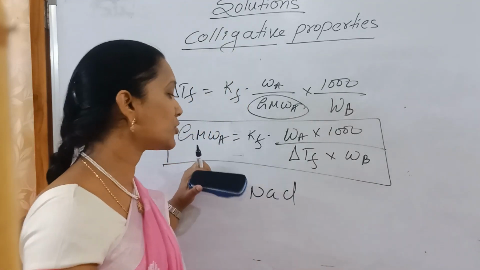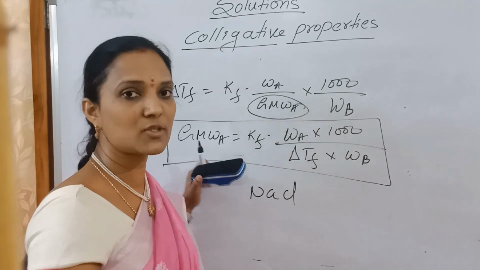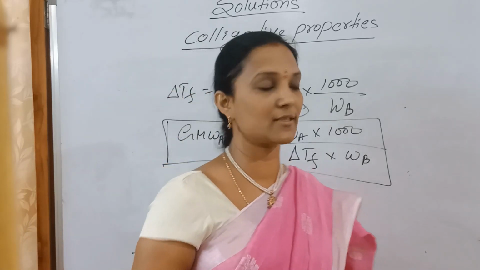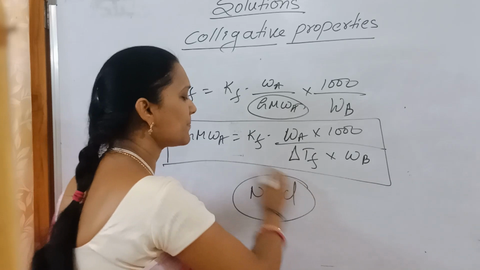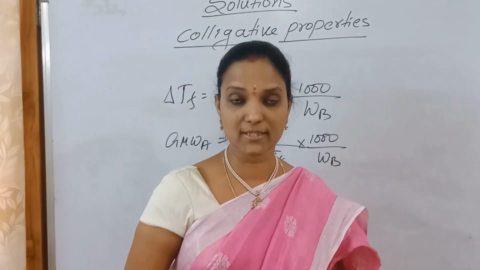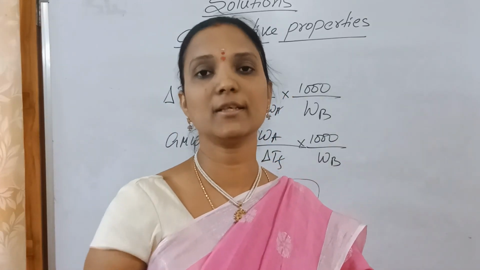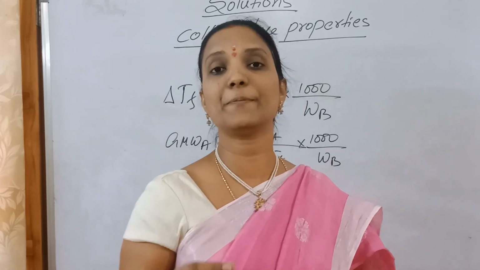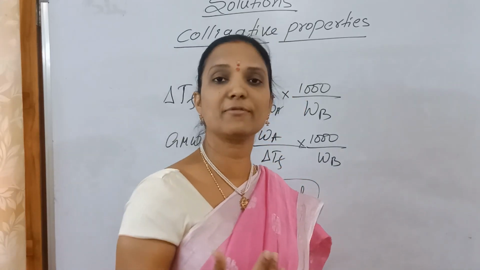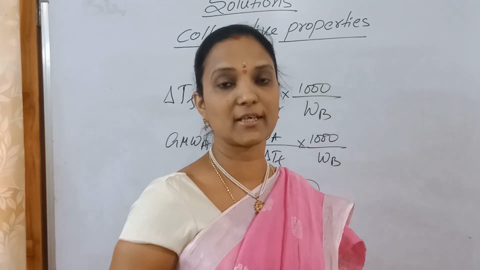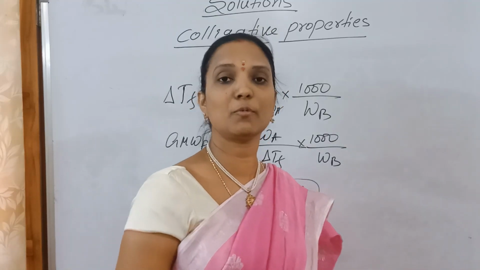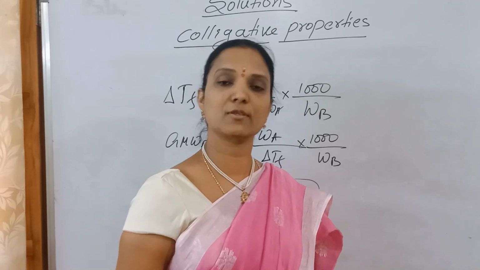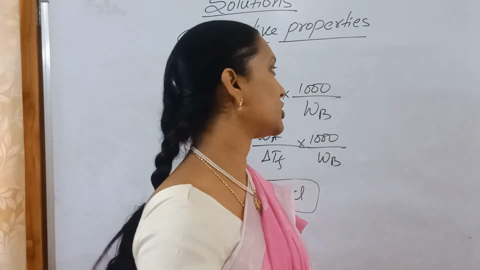So for that, what should we add? Any non-volatile solute. What solute are we using? Cheap and best, that is sodium chloride. Then in car radiators we add a little amount of ethylene glycol, because of the depression in freezing point. To decrease the freezing point of the water present in car radiators, we add a little ethylene glycol. So this is also an application of depression in freezing point.